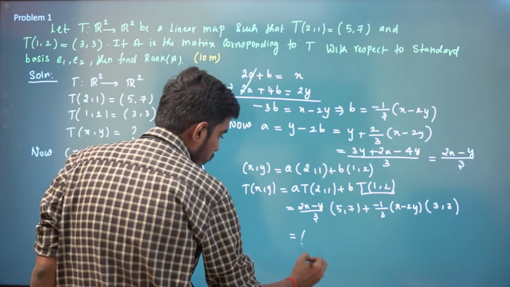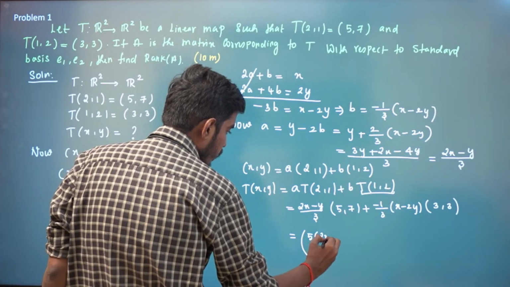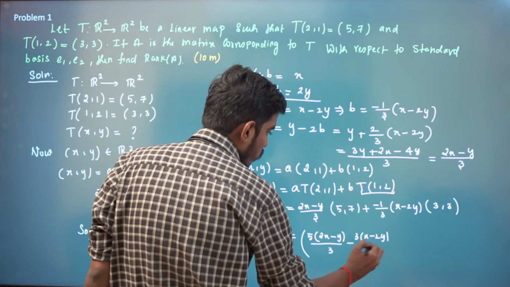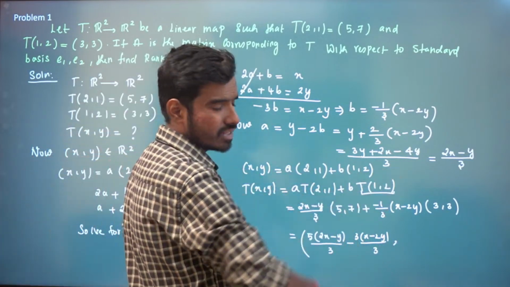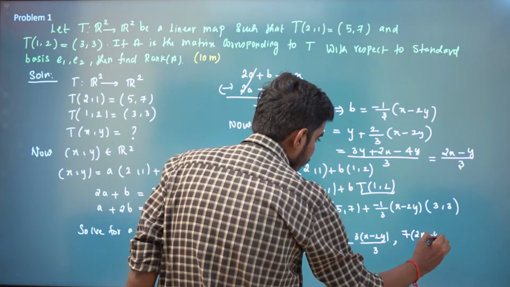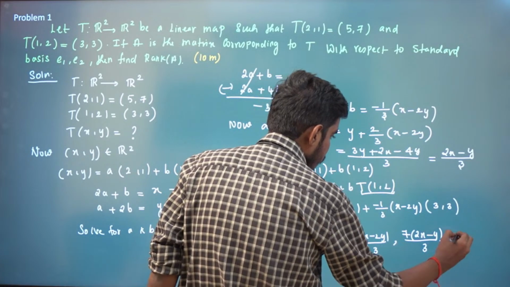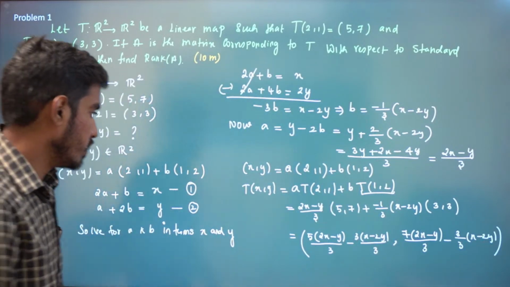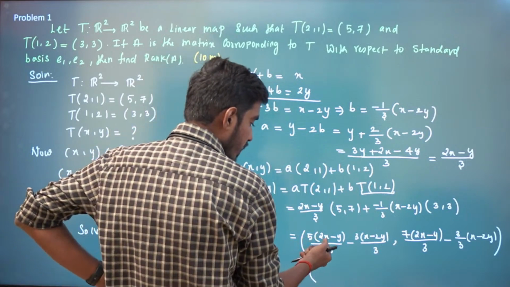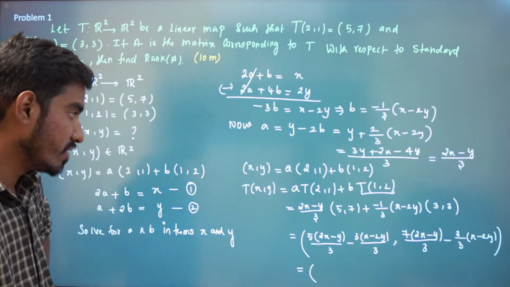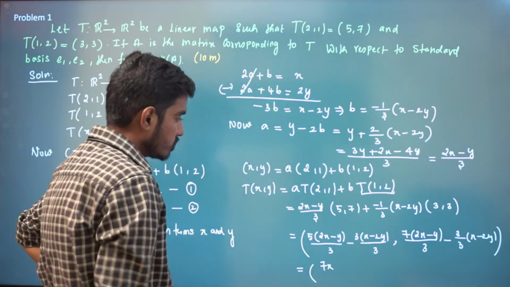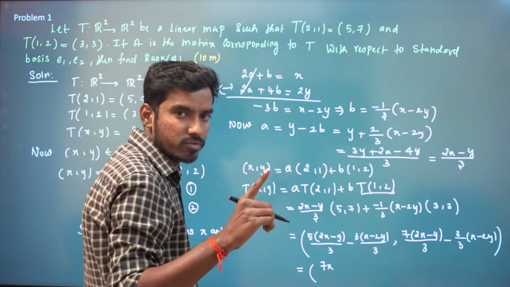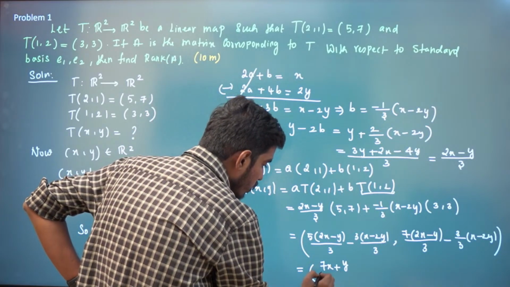Right? Now we just have to simplify the first components. So we will have [5 times (2x minus y) minus 3 times (x minus 2y)] divided by 3. I'm just multiplying and adding, that's it. So 5 2s are 10x, 10x minus 3x is 7x, and minus 5y plus 6y is plus y, whole divided by 3,